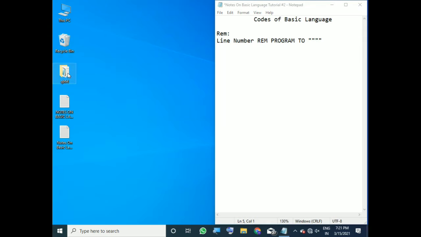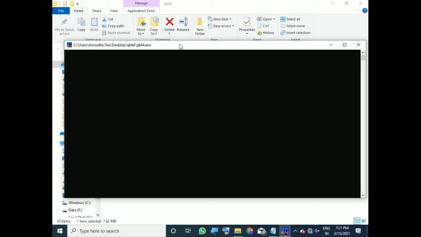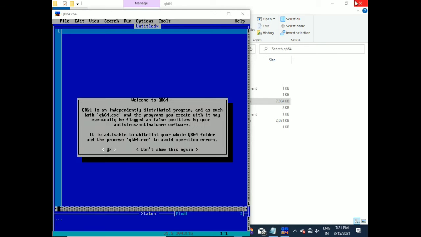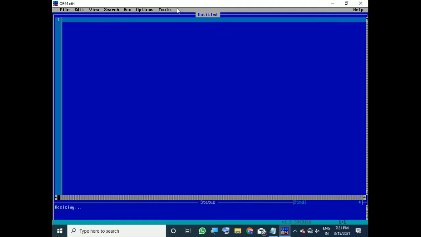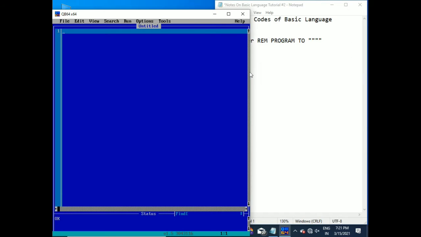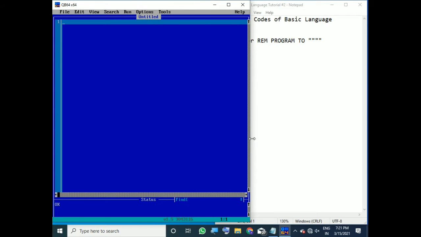Let's see it in our QBasic. Let's open QB64 and check what the use of this rem is. Let's adjust it. Okay, now let us write rem here. As you can see, I have not written any line number here.